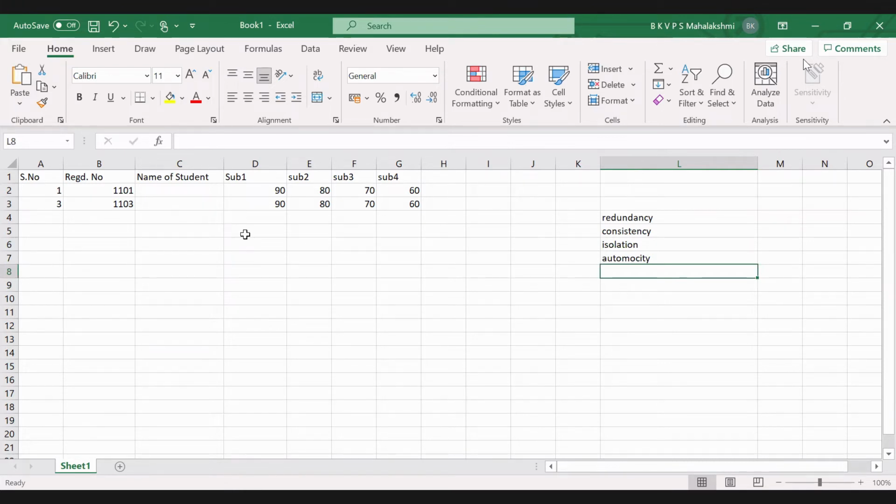May I know how many of the members have transferred an amount to your friends' accounts? Have you done banking transactions? Yes, ma'am. May I know how many of the people have helped your friends by sending the amount to them? Just raise your hands.